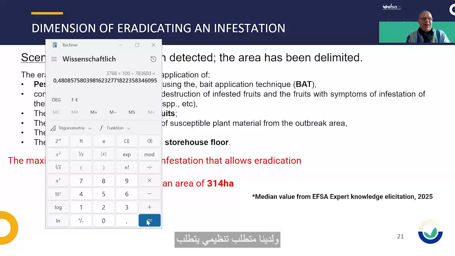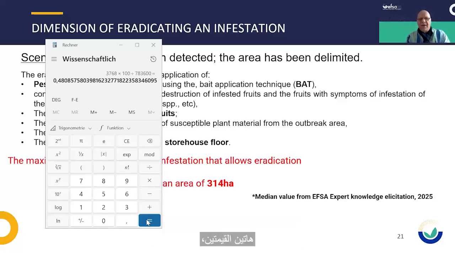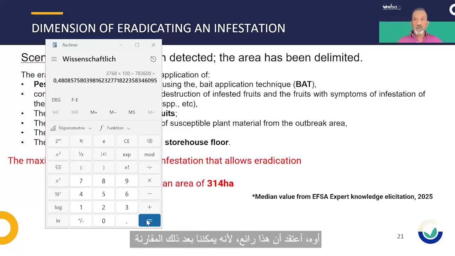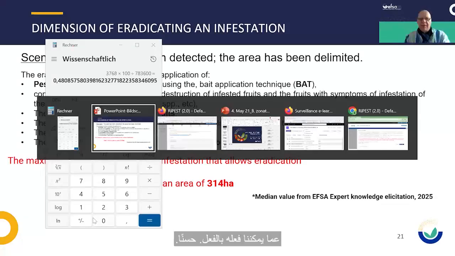And we have the regulatory requirement that requires a lot of investment in new emergency teams, exactly 50 in this particular case. So what I propose is we ask RIPES with these two values, and then you take the results of RIPES and discuss the implications for the implementation decision with your management. What do you think about this solution? Oh, I think that's great, because then we can compare and talk about what we can actually do and how to best use our resources.